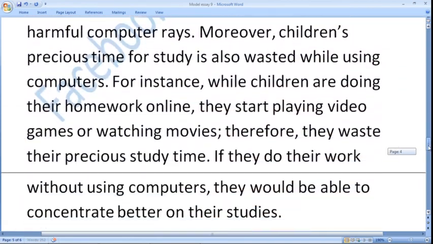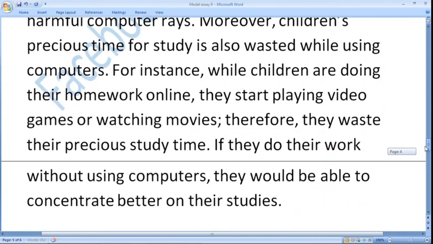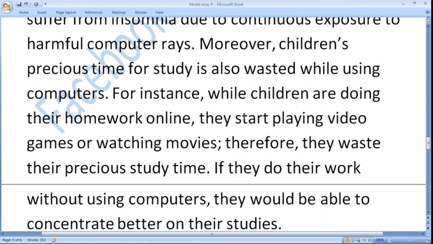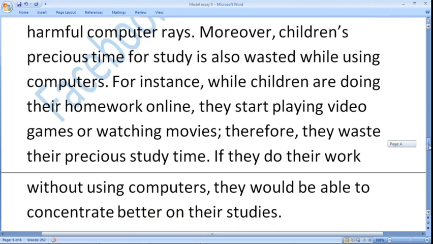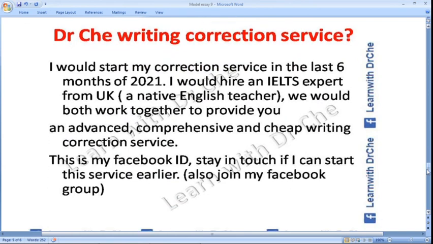On the one hand, this looks very long, but there is a zoom of 190%, so it looks very big, but this is not too large. So at the end, if you watch my complete essay writing course, you would be able to write very good essays. But please don't go to your final exam before taking valuable feedback on your writing from any true IELTS expert. I am not saying that you should use my service, but you should get feedback.